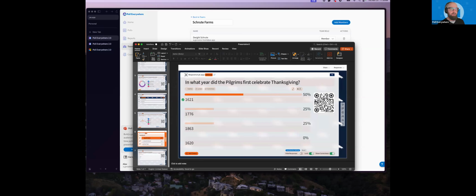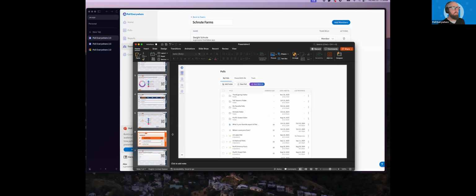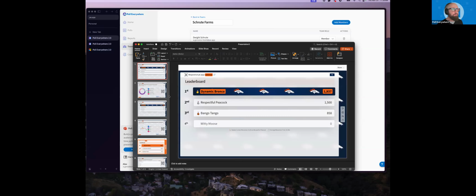Now, if you have to add another Poll Everywhere poll, question, anything like that, simply go back to your add-ins. It's going to open up a new PowerPoint slide with the iframe here, and then you can simply make your additions. And then once you're done, delete out the slide. And then next, to go ahead and get this to go,